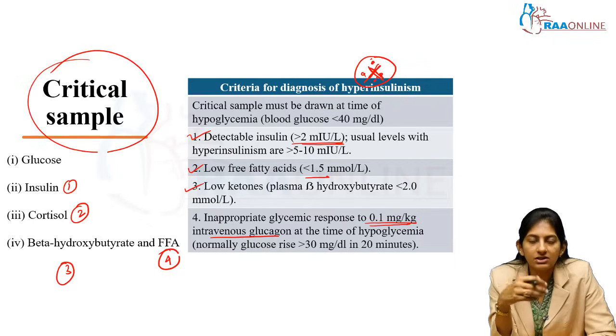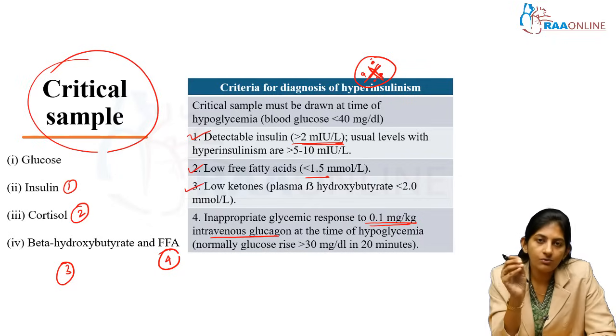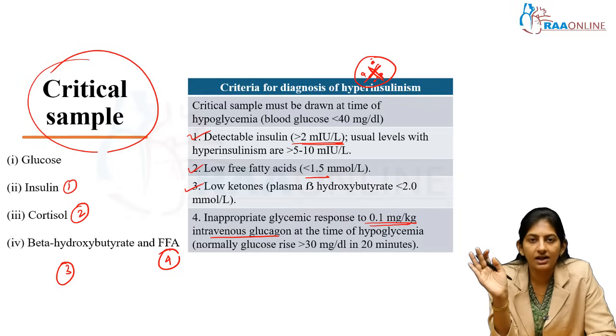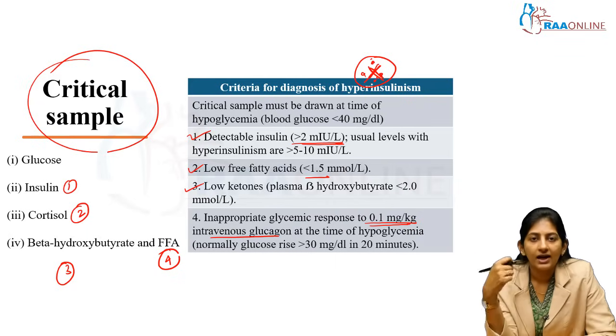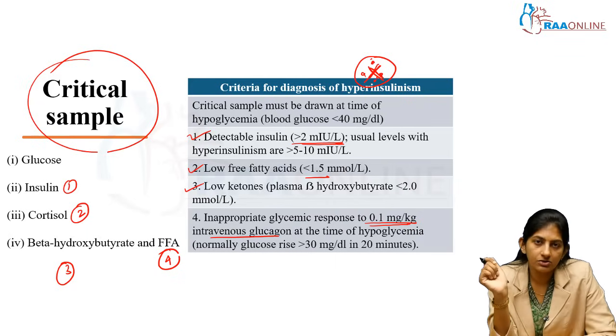Why we are stressing hyperinsulinism is that this is the most common cause for recurrent or refractory hypoglycemia. Okay. And for hyperinsulinism, we have so many conditions. But you have to diagnose it, and then you have to check what has caused that hyperinsulinism and treat the underlying condition. Okay. You got it? So the hyperinsulinism criteria is this, and you have to take 4 values: insulin levels, cortisol levels, the ketones, beta hydroxybutyrate, and the free fatty acids. So please have this as a reference.